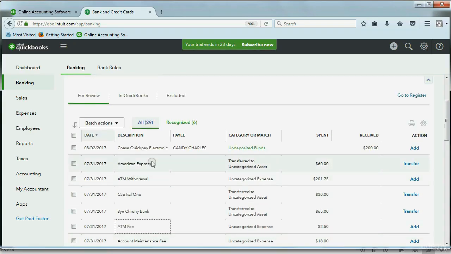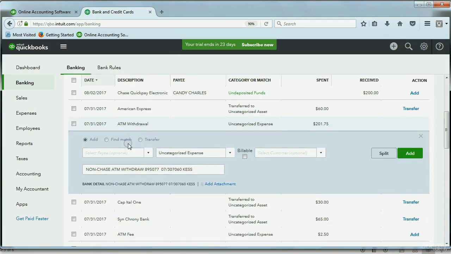Here we are back at the Bank Feed Center, and this column says Description. QuickBooks takes a tiny piece of the bank memo and puts that as the description. But if you click on the transaction, it opens up with all the information about the transaction, and this long string of text here is what QuickBooks calls the bank text. So the little bit you see here is QuickBooks Online's interpretation of what this whole memo is. And you may well ask, what is this whole bank text here? That comes from the memo field